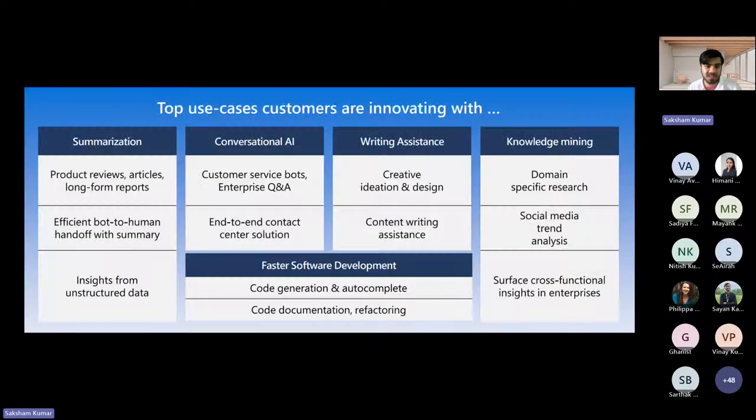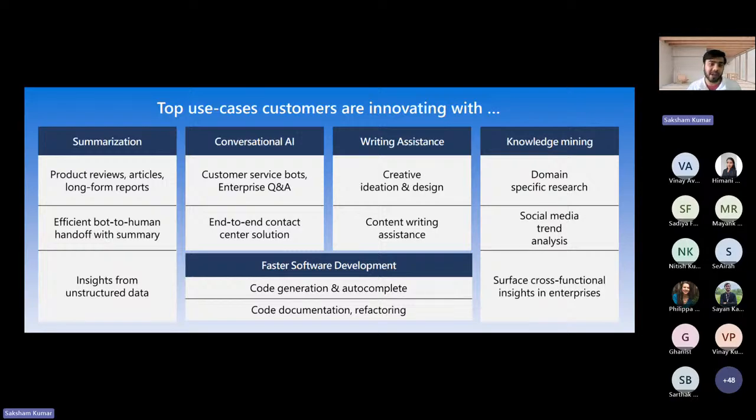The top use cases you can see are summarization and conversational AI, like you and me are using it mostly for conversations. We have writing assistants, and we can develop code faster. You can see the advances made in code generation by the Opus models and the ChatGPT models. Then knowledge mining: if you want to get into very deep research, you have the deep research option in all the chat providers available today.